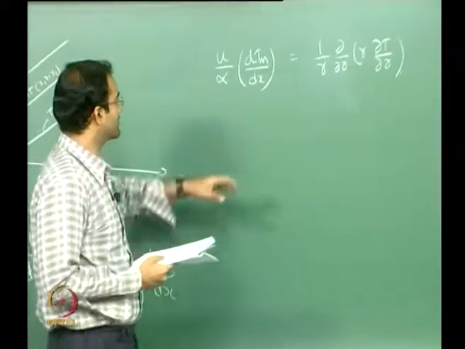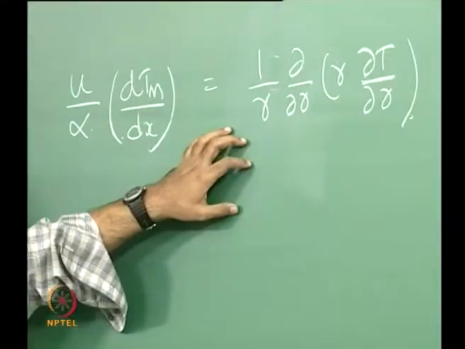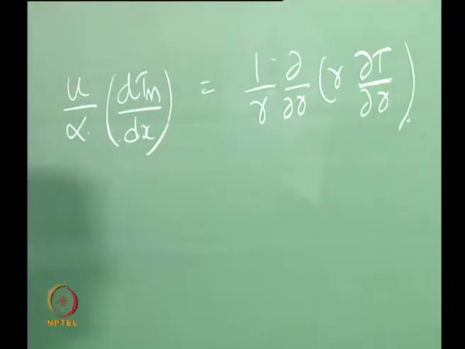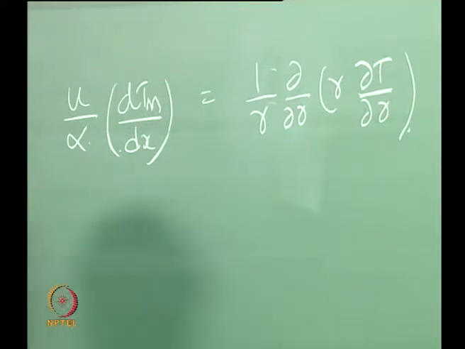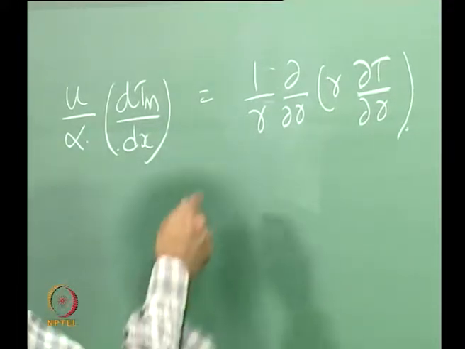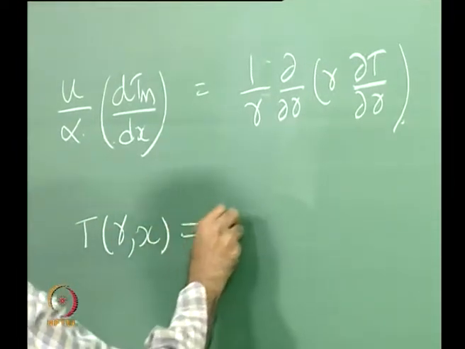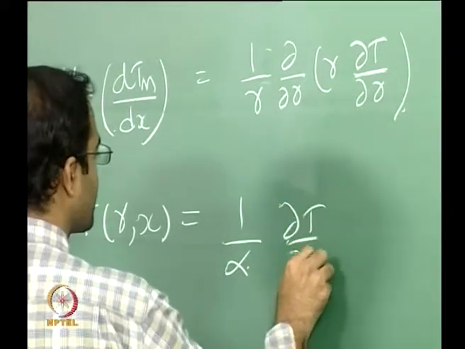Okay. So now since the left hand side is a constant, we can just integrate it out the same way we integrated the velocity profile where your dp by dx was a constant. So this is a much simpler way of looking at the solution. If you integrate it twice, I am not going to spend time integrating, I will give you the final expression: 1 by alpha dT by dx, which is actually a constant.